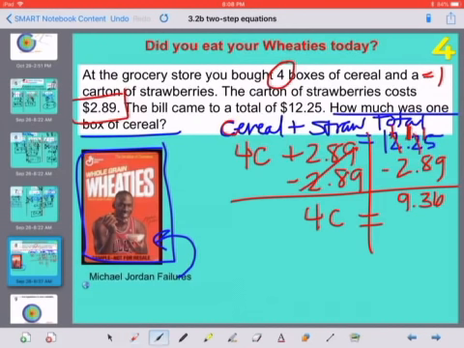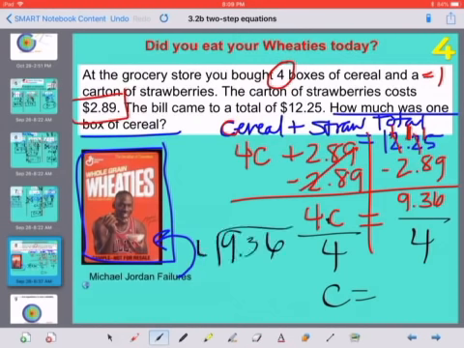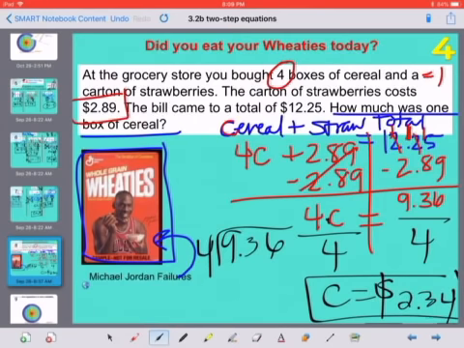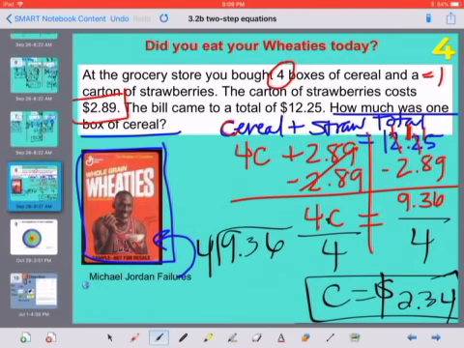And then the last step, the opposite of multiplying by 4, is dividing by 4. This is one where I would probably use my calculator for, unless you want to do it longhand like this, and divide by 4. When we plug that into our calculator, it should be $2.34. So C stood for the price of 1 box of cereal. So how much was 1 box of cereal? $2.34. Once you watch your video, you